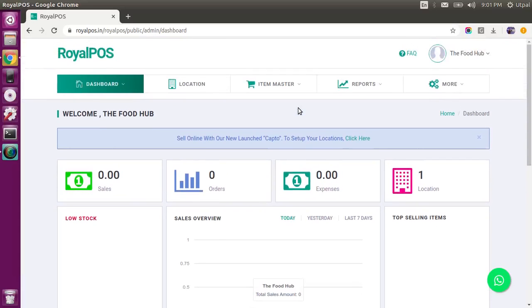Now we will list your business. If you are subscribed with the RoyalPOS, we will list your business on Capto. Capto is an app for delivery and pickup online ordering for your customers. Right now we do not have a payment gateway, but we will add one for each country very soon. So now